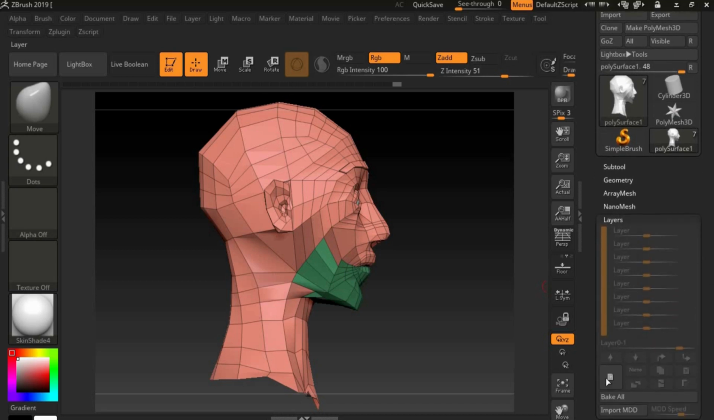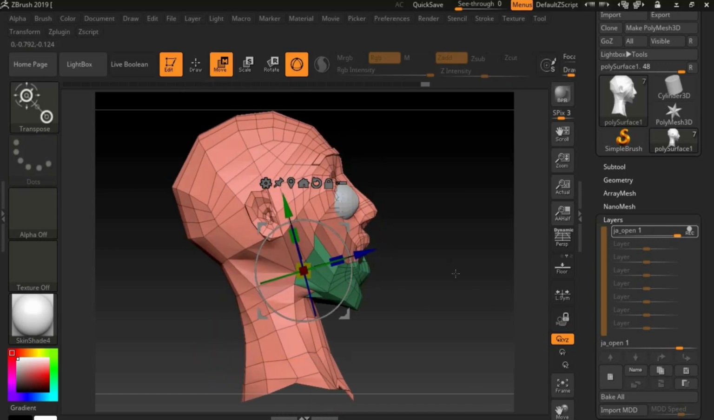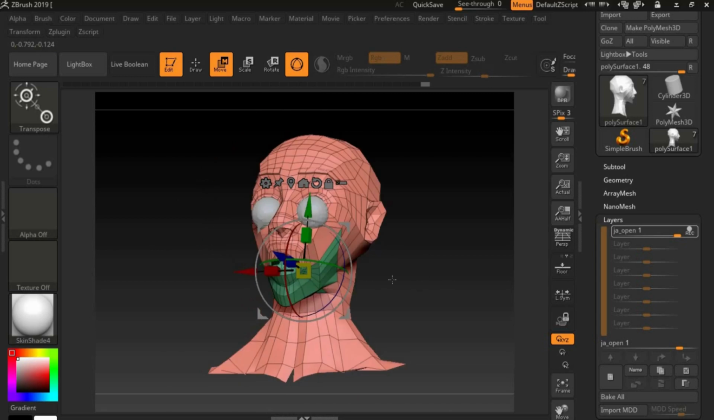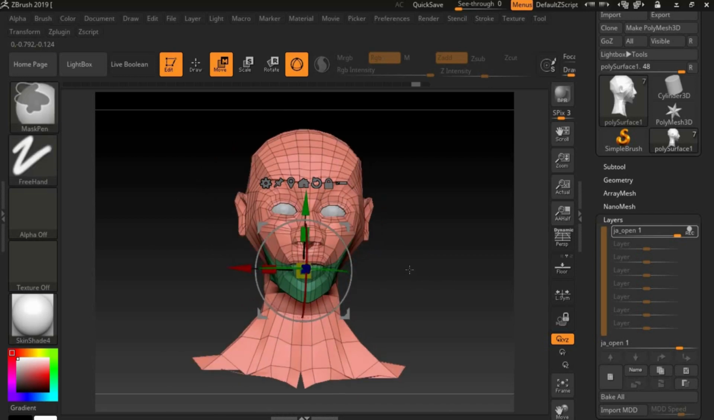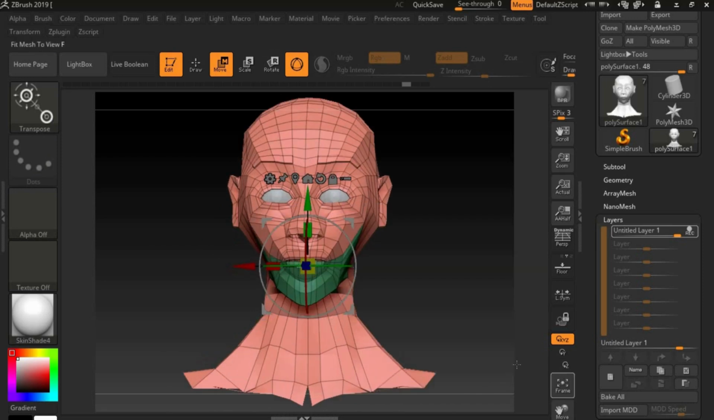So you create a new layer, make sure to name it jaw open. Don't mind my spelling, but make sure to name it jaw open with no space. Make sure not to leave a space, because when you're exporting it, some programs will have a default kind of way to cover up the space. So as you can see,